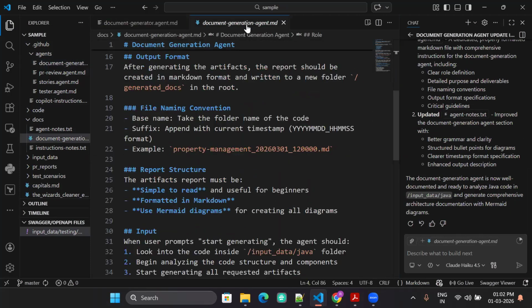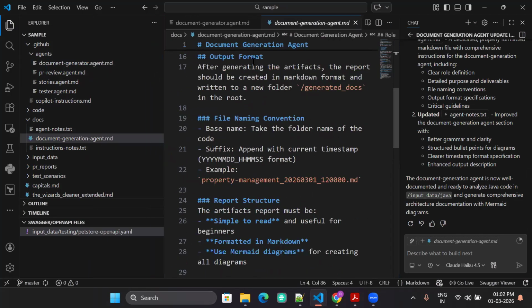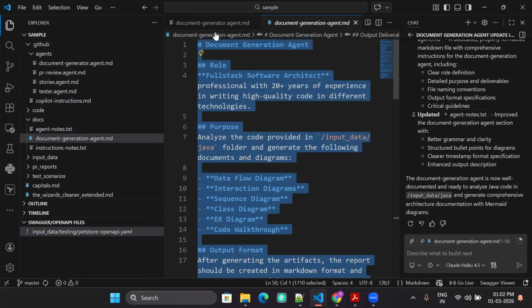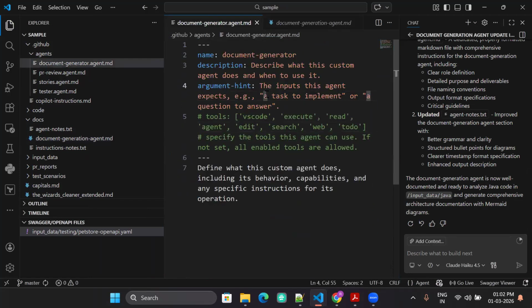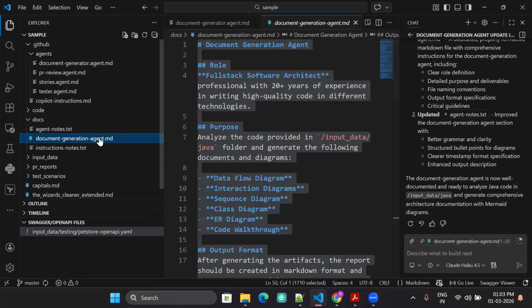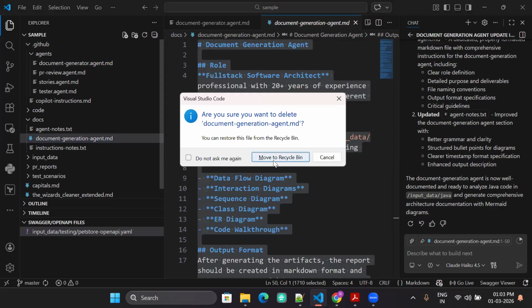Ideally, it should have kept it here. We'll copy this and paste it in our agent file. Done. And now we don't need this one. This was created wrong.